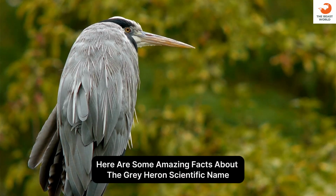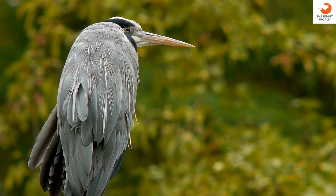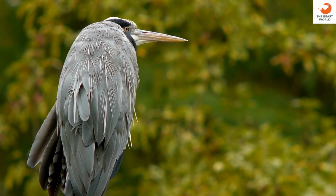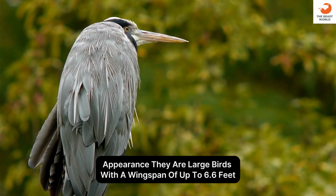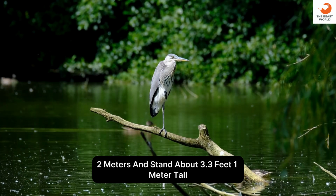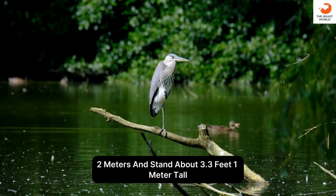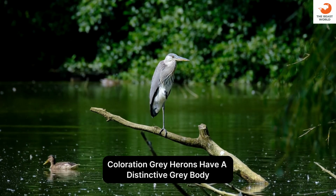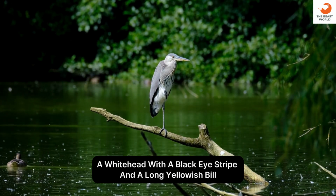Here are some amazing facts about the gray heron. Scientific name: the gray heron's scientific name is Ardea cinerea. Appearance: they are large birds with a wingspan of up to 6.6 feet, 2 meters, and stand about 3.3 feet, 1 meter tall. Coloration: gray herons have a distinctive gray body, a white head with a black eye stripe, and